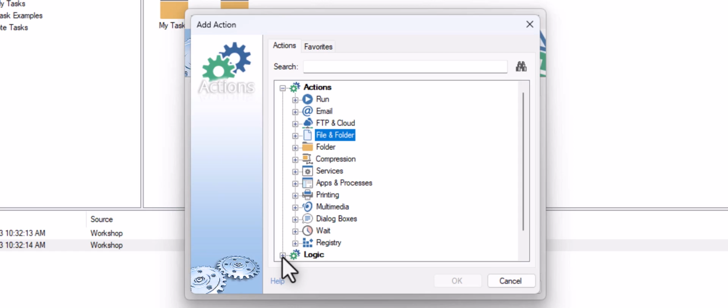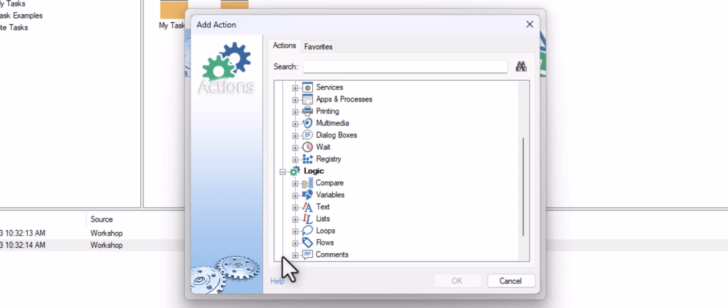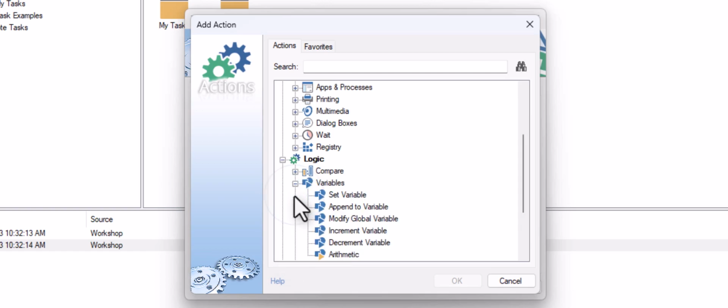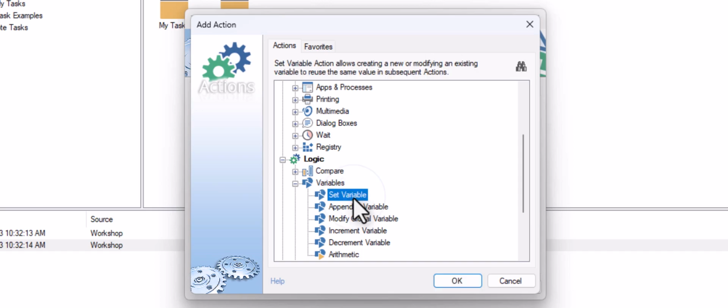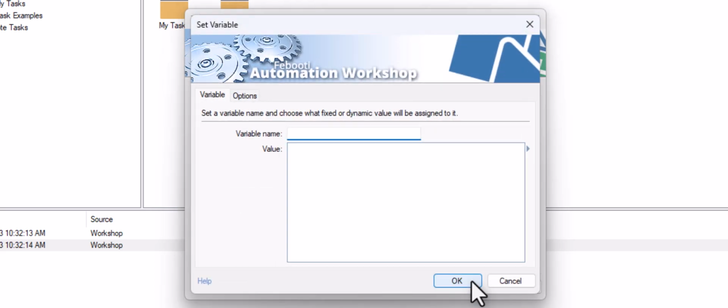I want to add logic to our task that calculates the total sum. I want to create a variable that will hold the sum. Let's name it total.